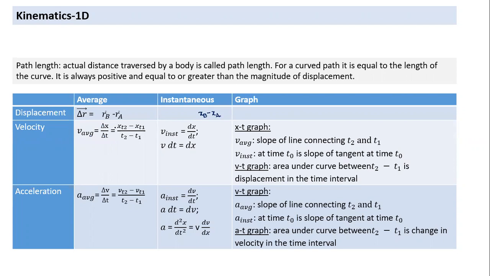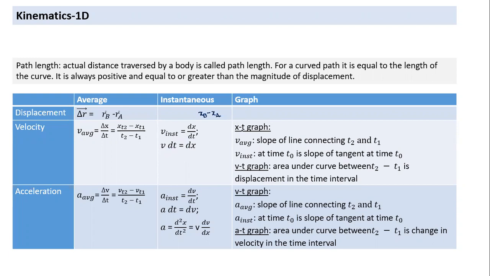That was last time. That is the x coordinate at time t2 minus the x coordinate at time t1, divided by t2 minus t1. Instantaneous velocity, when the time interval becomes extremely small, is the derivative, the derivative of x position with reference to time. And from this we can take this dt here, v into dt becomes dx, that's integration. So when I integrate, I get displacement.